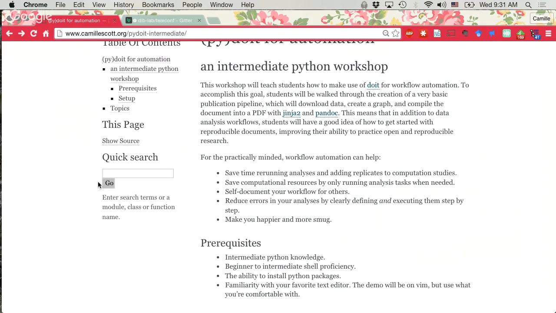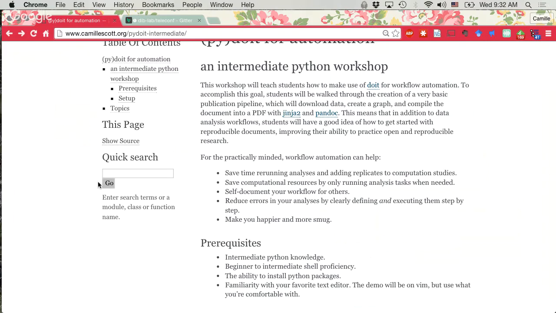Pretty brutal. So what we're going to do in this workshop is go through a practical example. This will be a really simple pipeline that downloads some data, creates a graph using Python matplotlib, and then uses a Jinja template, and we'll go over what that means, to put it all together and create a document at the end. This is basically if you wanted to make a reproducible paper. If you were writing up a paper and wanted to put it on GitHub and have somebody just clone it and have the whole analysis run itself and spit out a PDF at the end, this would give you the very basic framework for how to do that. You'll be learning how to do both data analysis workflows and